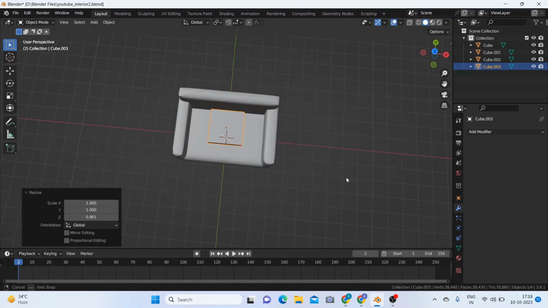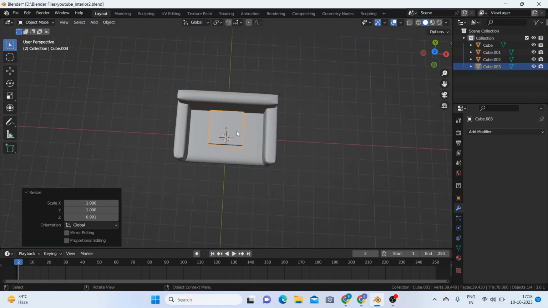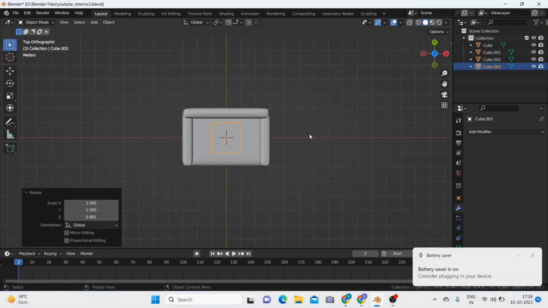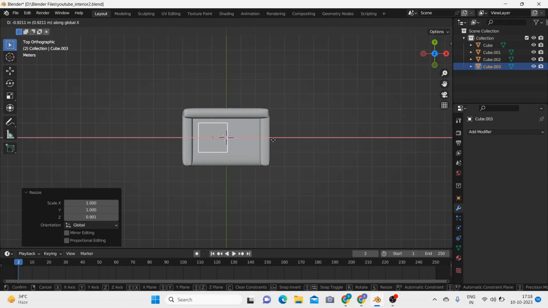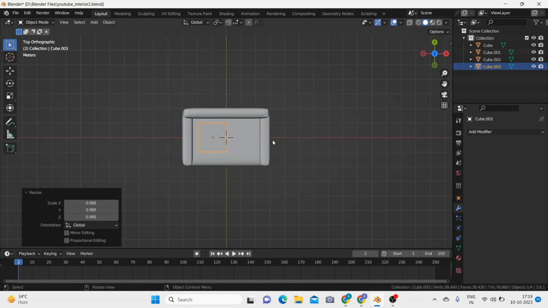So I'm almost done, and I'll go to the top view by pressing 7 on the numpad, and I'll press G and X to place it on the side somewhat, so that I get an idea about how I can fit two cushions in this sofa. I'll scale it up a little bit on the x-axis and scale it up a little bit on the y-axis,